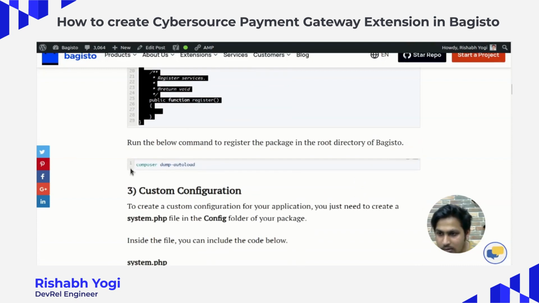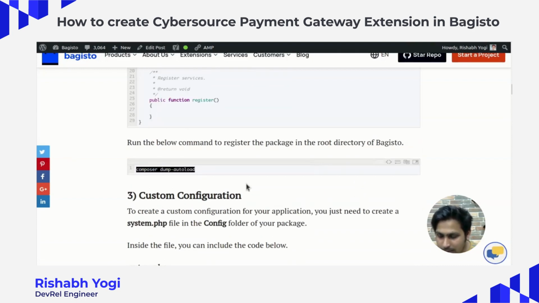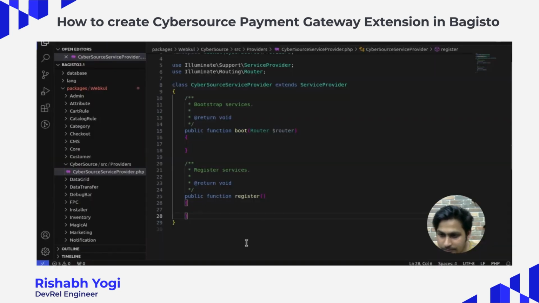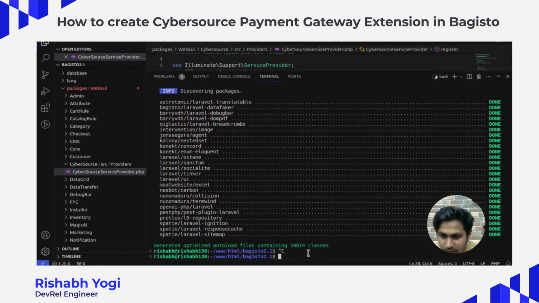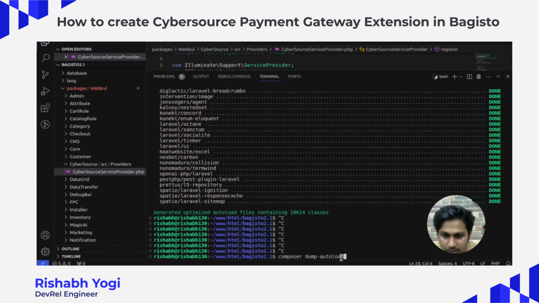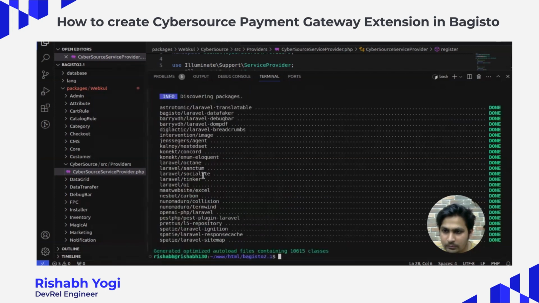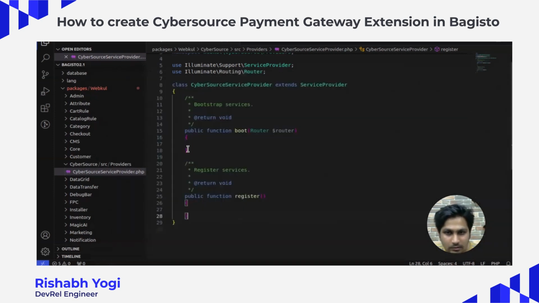Now we are going to register our package. For that I'm running this command, composer dump-autoload. Now our package is ready to use. Now moving ahead,